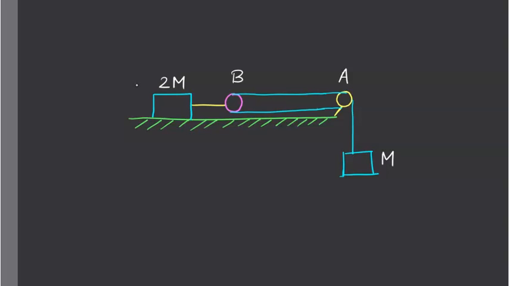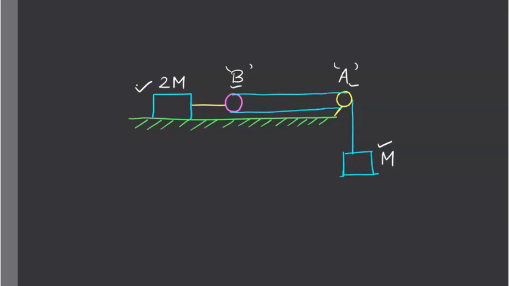So here there is a pulley system. There is a mass of 2m over here and there is a mass of m over here. Both the masses are connected to these pulleys B and A. There are two pulleys B and A, and there is a string which is going over these two pulleys